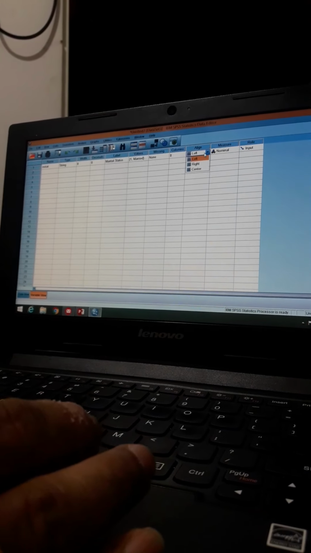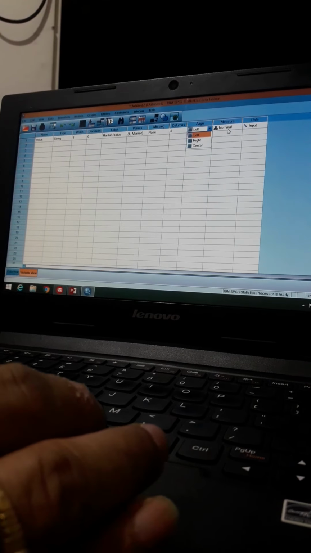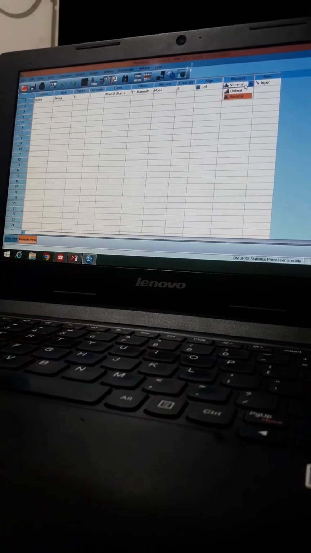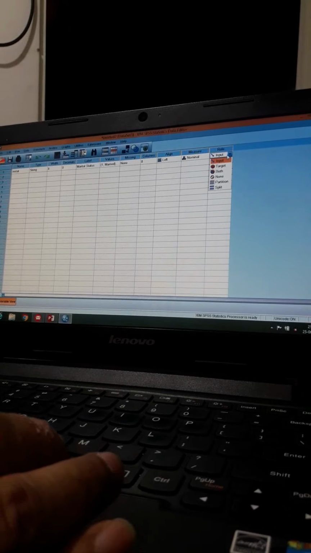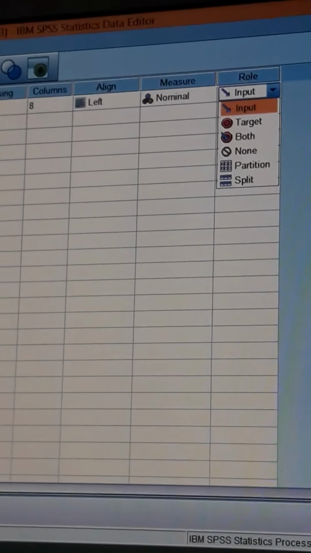Alignment means left, right, center, how you want to keep the alignment for your variable in the data. Nominal, since it's a categorical data, we keep it nominal. And then comes role. So we will keep it by default input because we have to enter the data in SPSS.